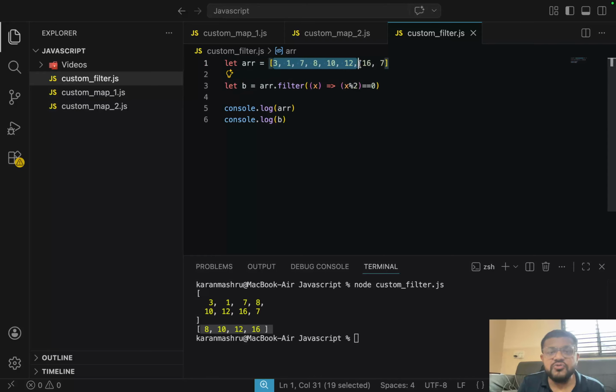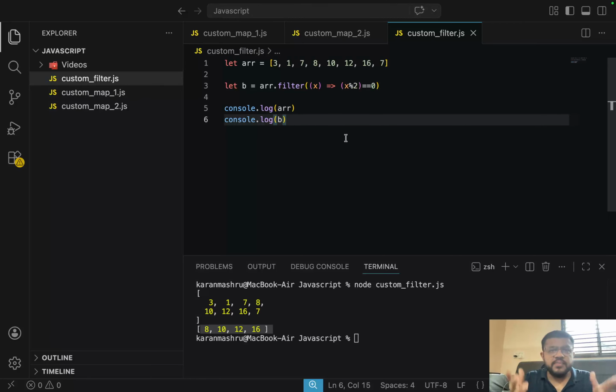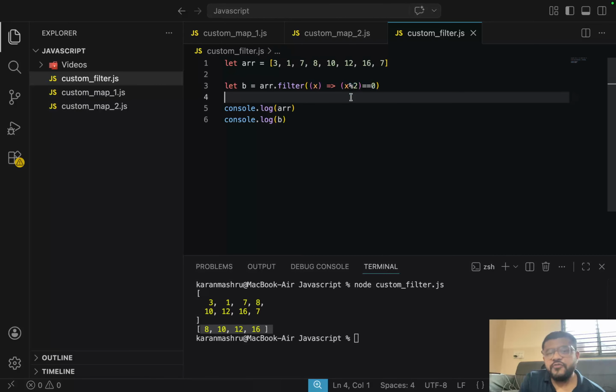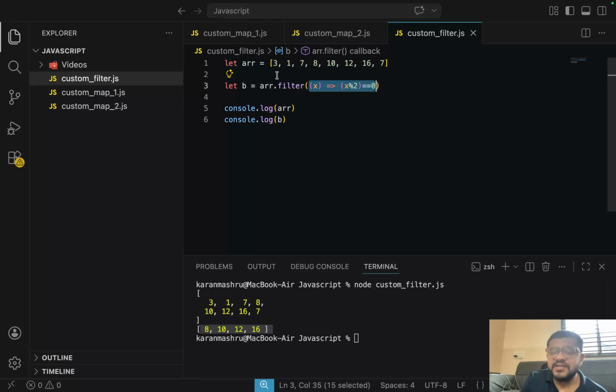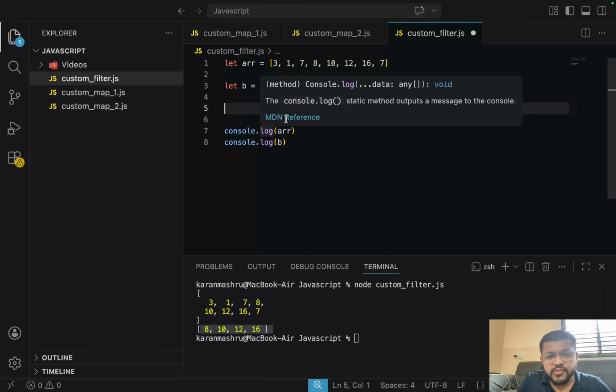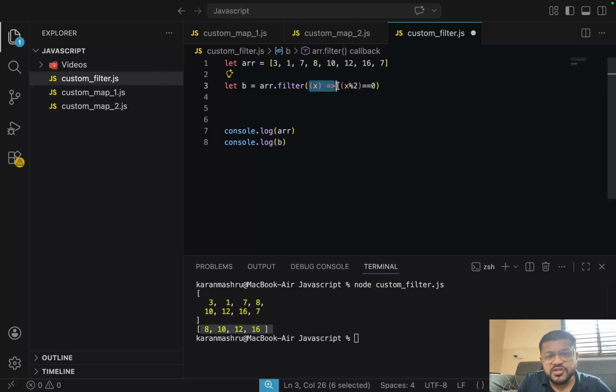It filters out the elements from the original array. Okay, so if we think about it, from the elements of the original array, it applies the condition which we pass as a function, and only for those elements where this condition returns true, it takes it in a new array and then returns the new array. So basically it needs the original array and it needs this function which tells the filtering condition.